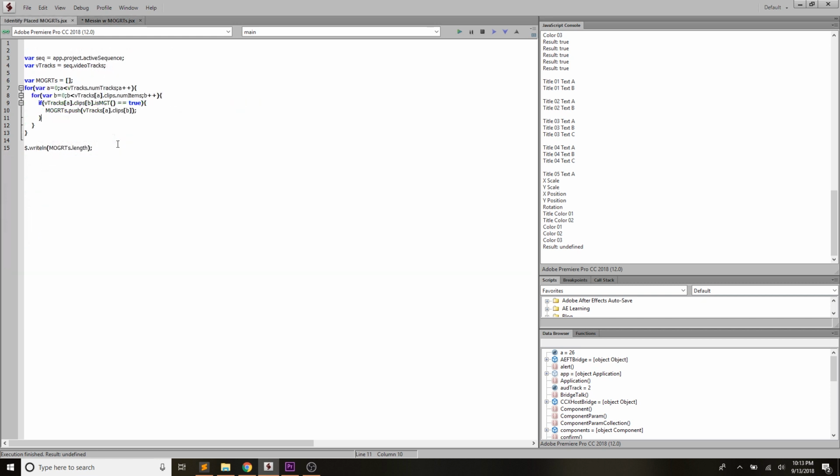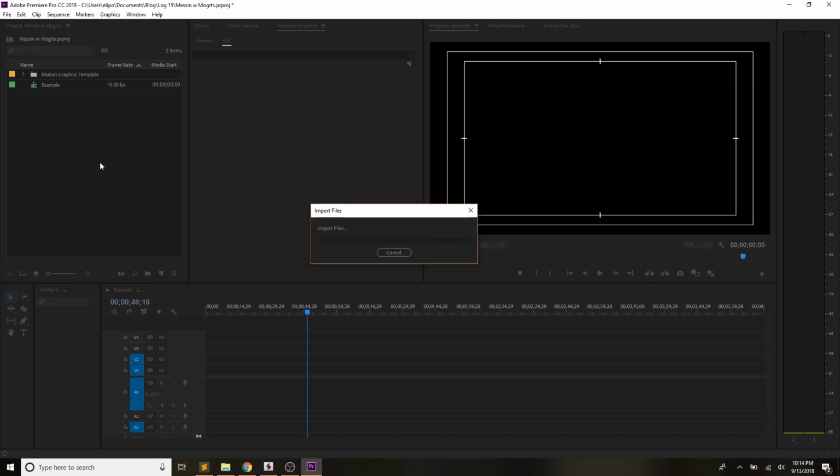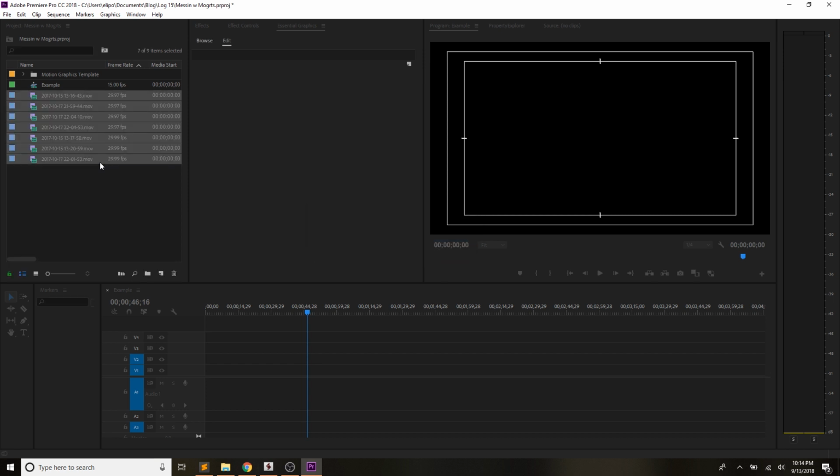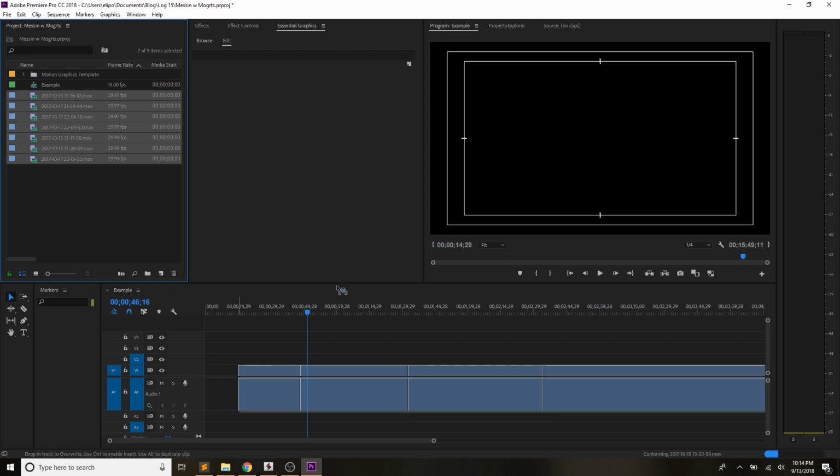One last thing I wanted to talk to you guys about is if you're writing a script that, say you don't really want to import your MOGRTs, you already have those placed in, but you want to go through and change a bunch of template text that you have across your sequence. Say you have a bunch of other footage in here, and I'm just going to jump out to, let's see, my blog here and get some raw screen cap that I've captured before. And you can imagine if you have a bunch of footage down in your sequence, like I do here,